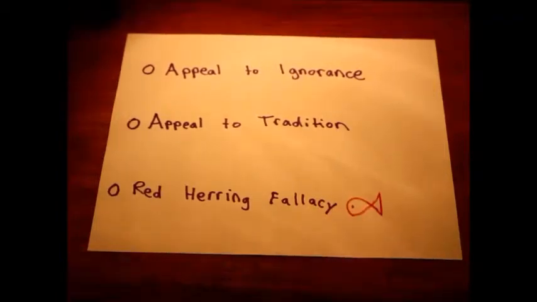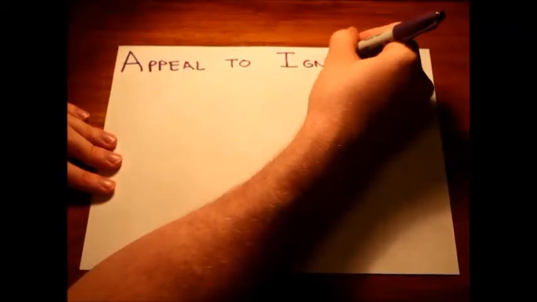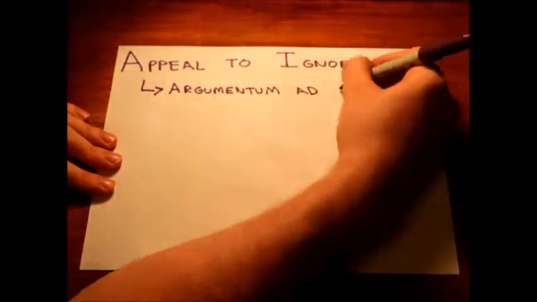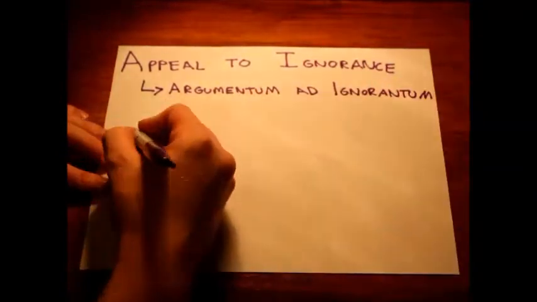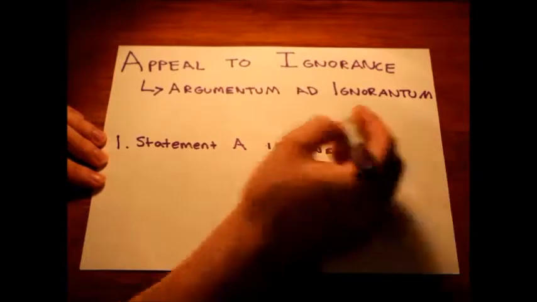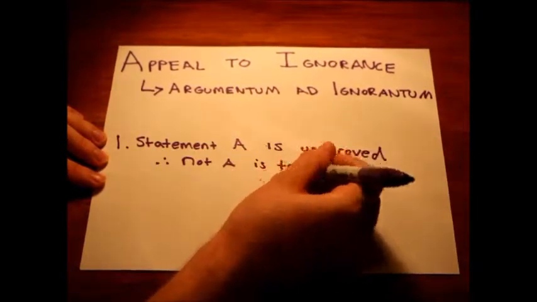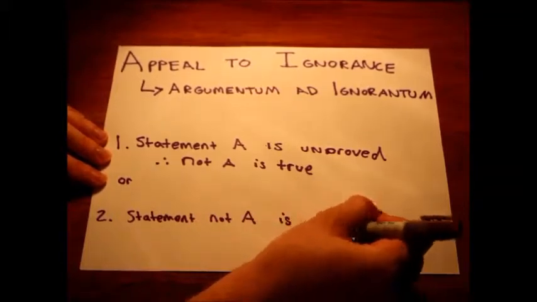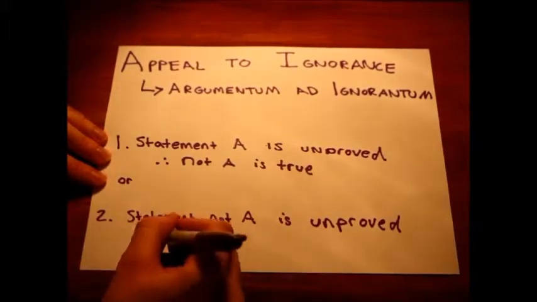herring fallacy. The first fallacy, appeal to ignorance, or argumentum ad ignorantiam, states that a proposition is true simply on the basis that it has not been proven false, or that it is false because it has not been proven true. In other words, statement A is unproved, therefore not A is true, or statement not A is unproved, therefore